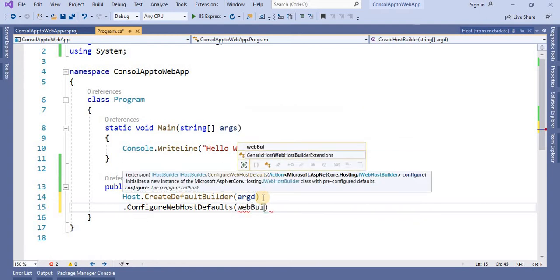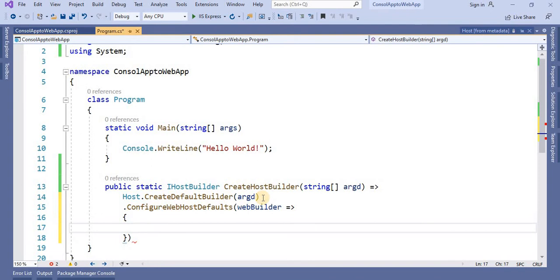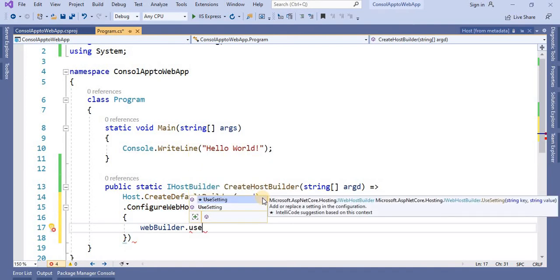So I am going to take webBuilder, whatever variable we have taken, and we have to use the startup file from here basically.